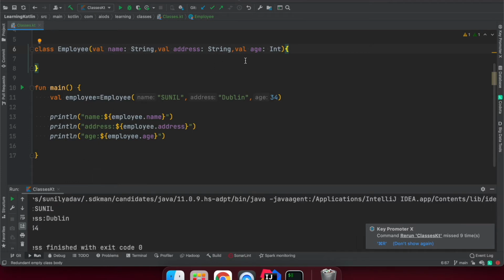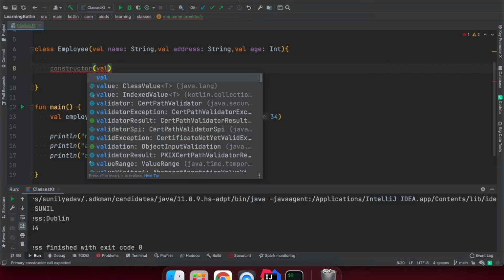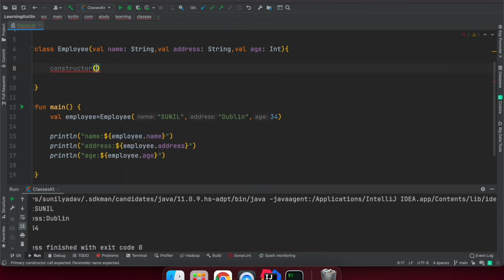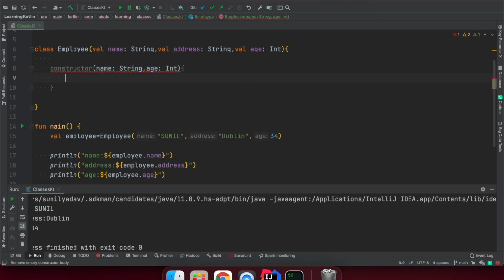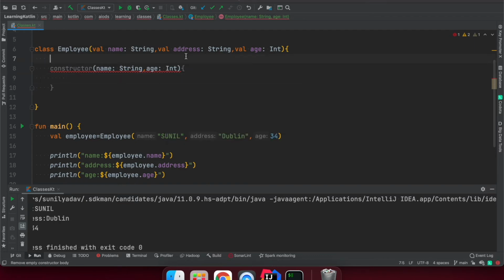So it's working perfectly fine. And suppose we want to create a constructor with two parameters, how can we do that in Kotlin? Simple, right? We need to go to constructor again and pass the parameters that I want. This is going to inherit name: String and age: Int, right? Suppose I want to pass just two parameters and create the constructor. Here the constructor is giving an error. What is the error saying? Primary constructor call expected. So we have to call the primary constructor Employee before calling our child constructor. So let's do that.